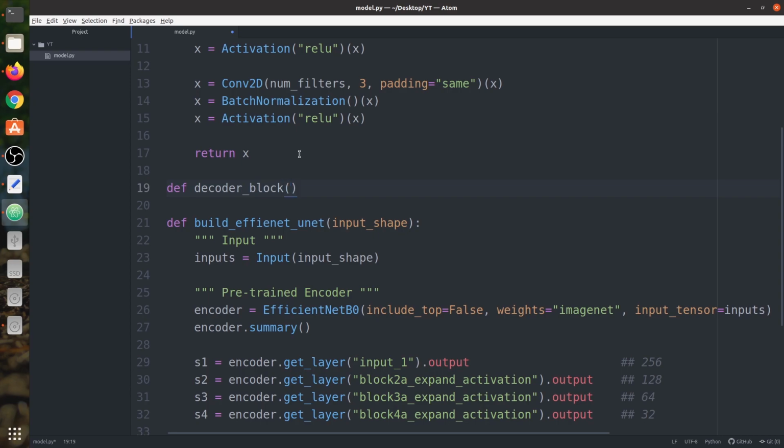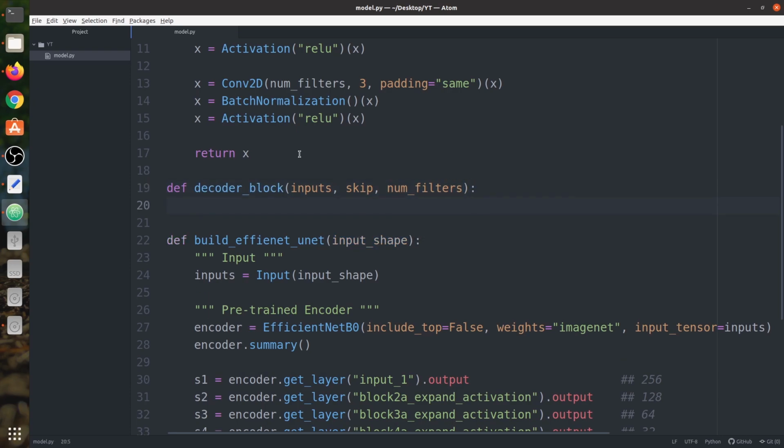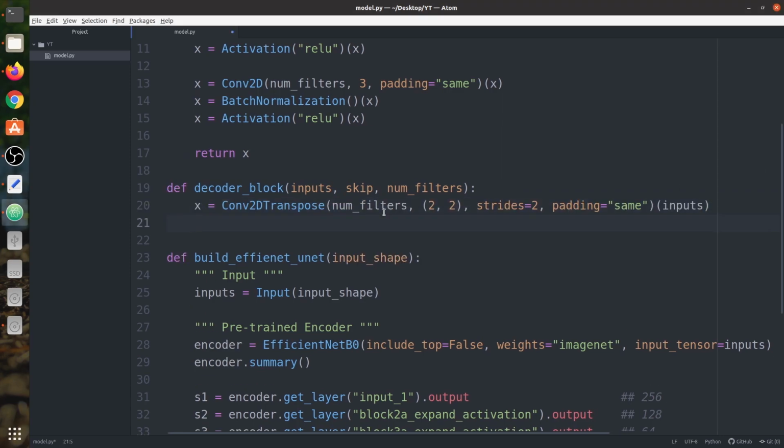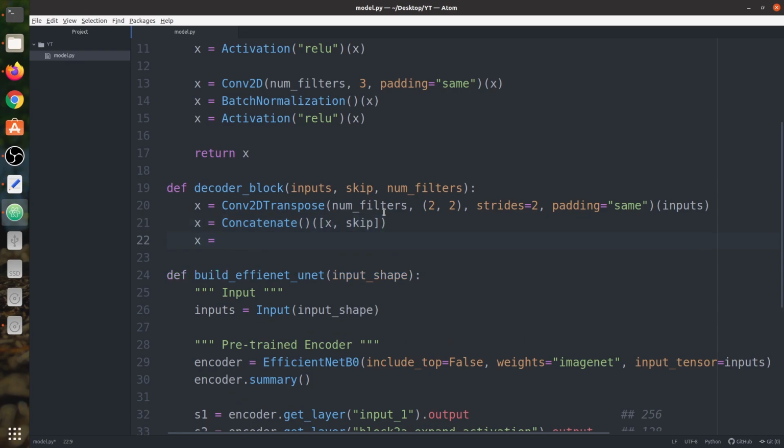First it would take inputs, then skip features, then number of filters. Okay, so it first starts with a 2 by 2 transpose convolution. Then it is followed by the concatenation of the output of the transpose convolution and the skip feature map, then simply followed by the convolution block.